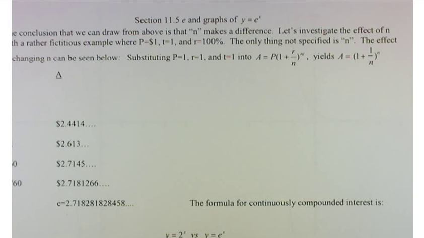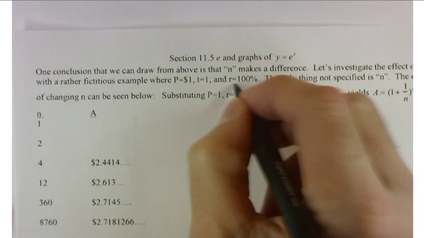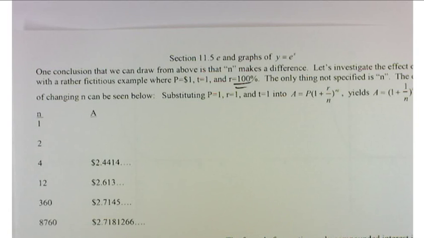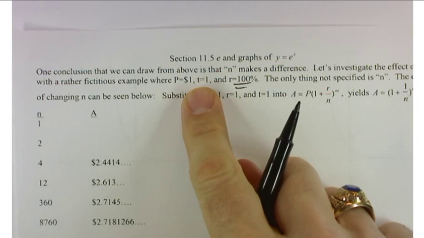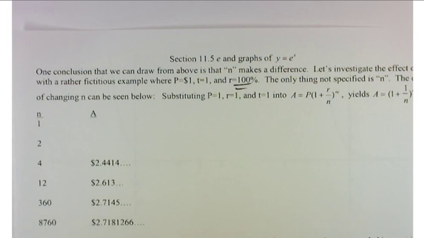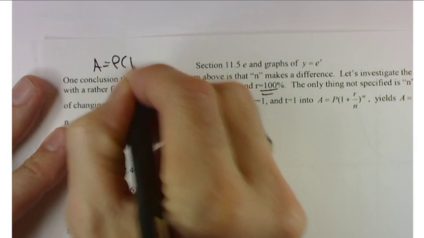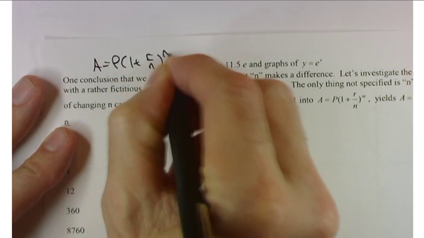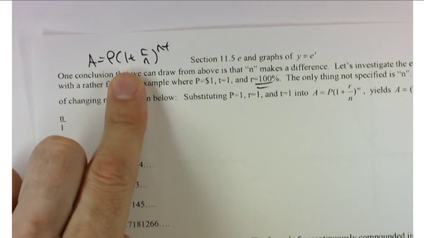So let's look at the different effects of adding interest at different times, different number of times per year. With this example, and it's extremely fictitious, of 100% interest, investing only a dollar, for 1 year. The only thing that's not specified in our formula, A equals P times 1 plus R over N to the NT, the only thing on the right-hand side that we don't know is N, the number of times a year